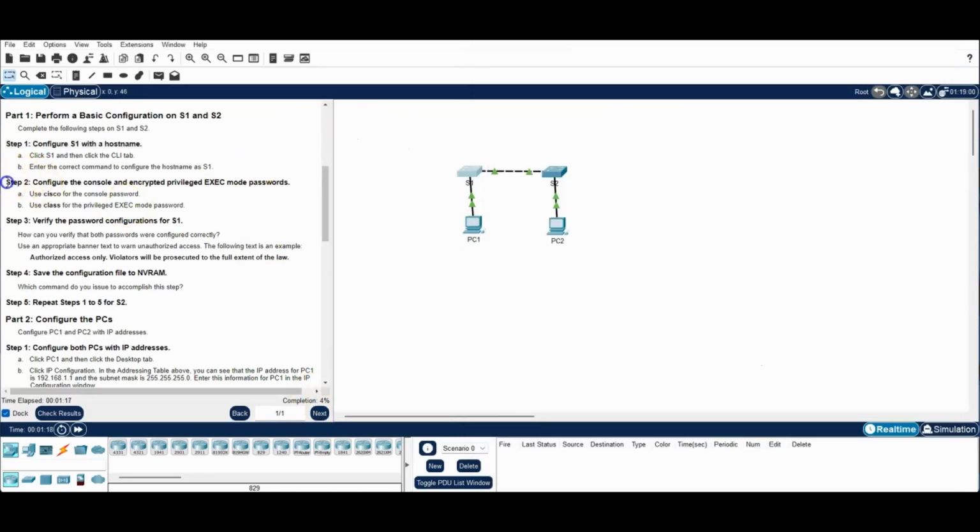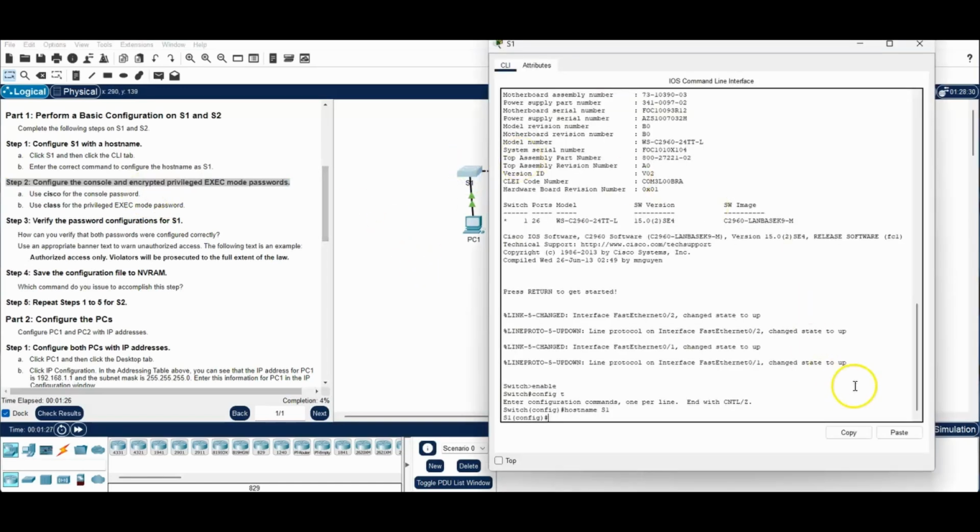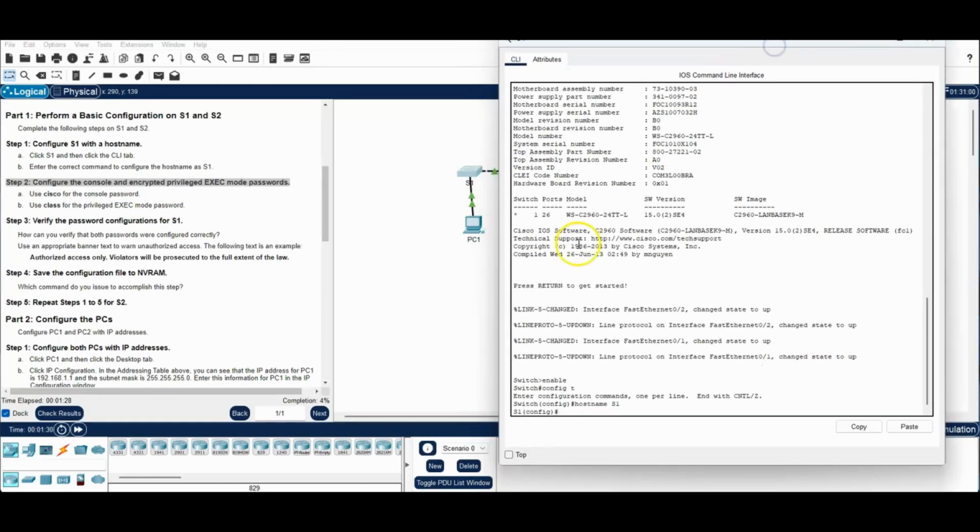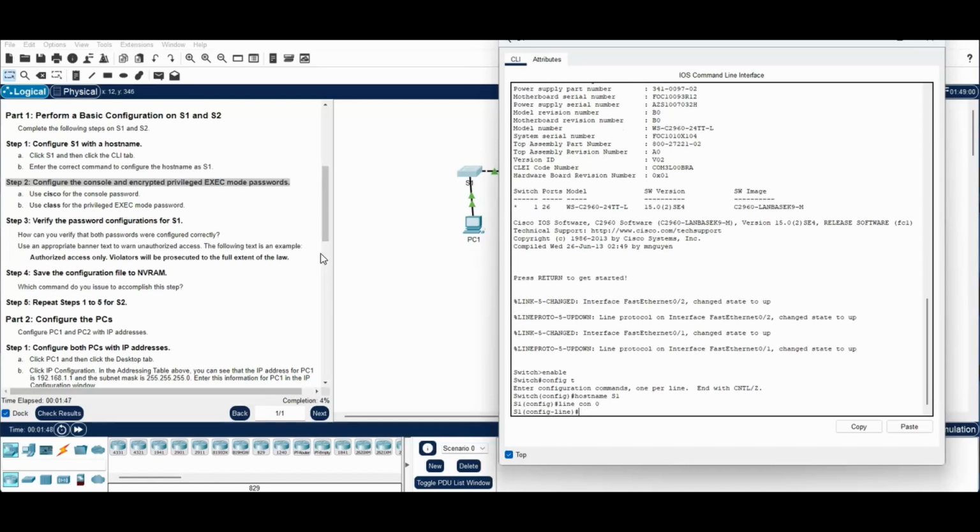Step 2. Configure the console and encrypted privileged exec passwords. So I need to be back in that command line interface. It disappeared on me because I clicked out of it, but let me just click top here so that it stays there for us. And in order to achieve the next thing, I need to go into line con 0 because we want to set the console password. We need to be on the console line. And then the command is password,